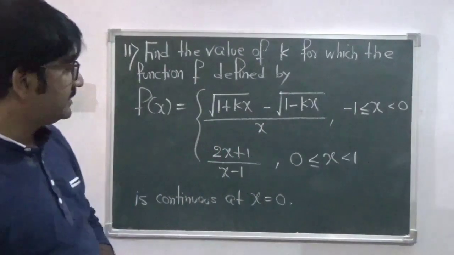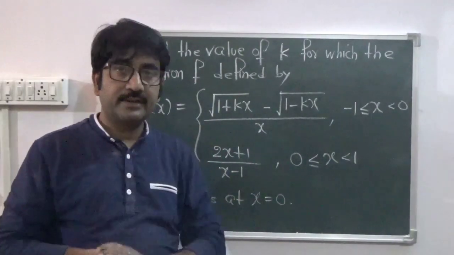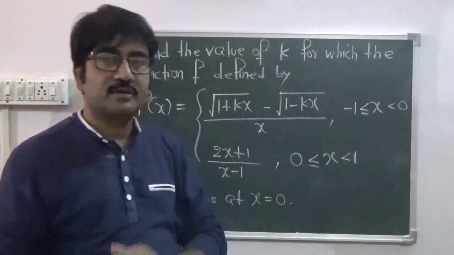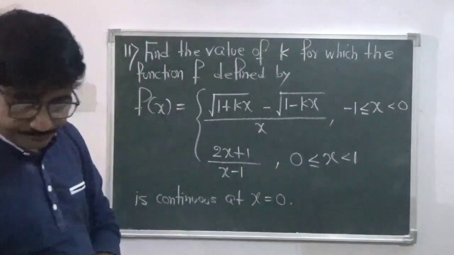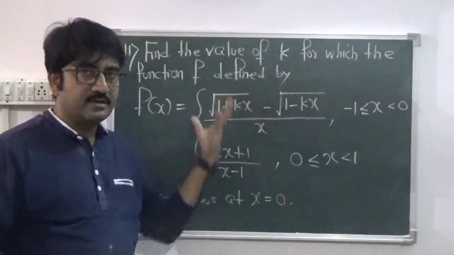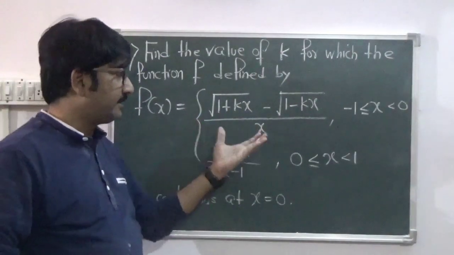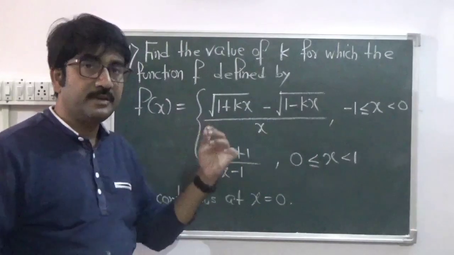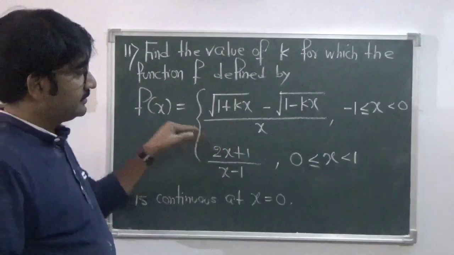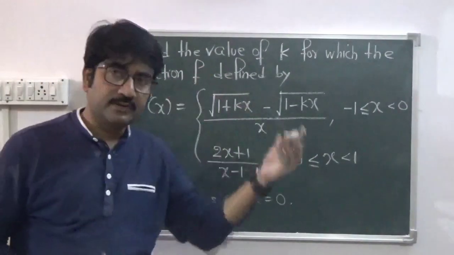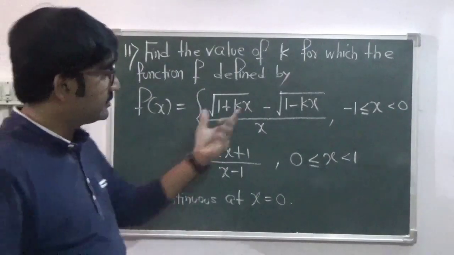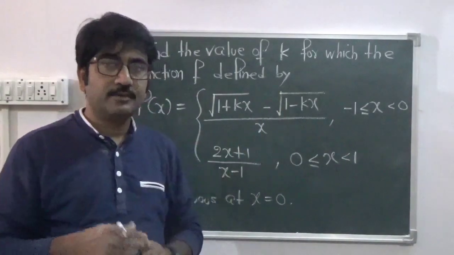Now here also we see there are two functions for x less than 0 and x greater than 0, so again we will be using the left hand limit and the right hand limit. Now, when we face this type of situation, how do we proceed further? In class 9 or in the lower classes you have already studied rationalizing. In order to solve this we have to rationalize both the numerator and